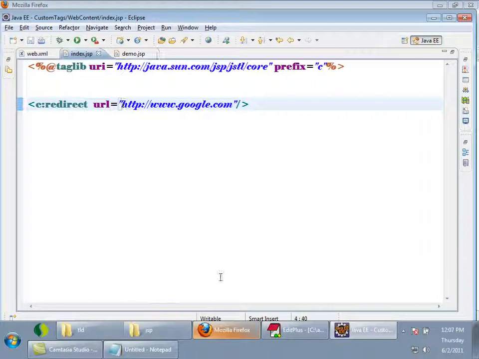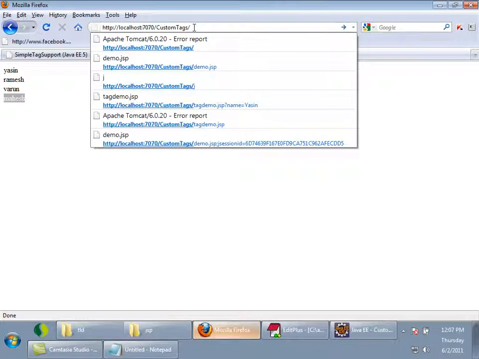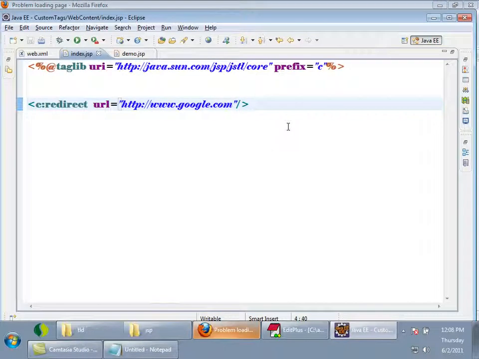So now if I give a request ending with slash and press enter, it should automatically try to go to google.com. Okay, it is saying Firefox cannot find google.com because I am not connected to the internet. Okay, it is trying to redirect to google.com. Okay, this is about the redirect tag.